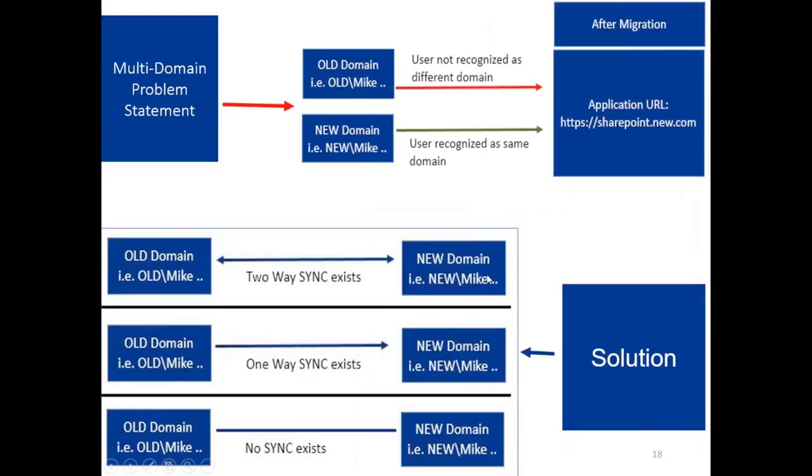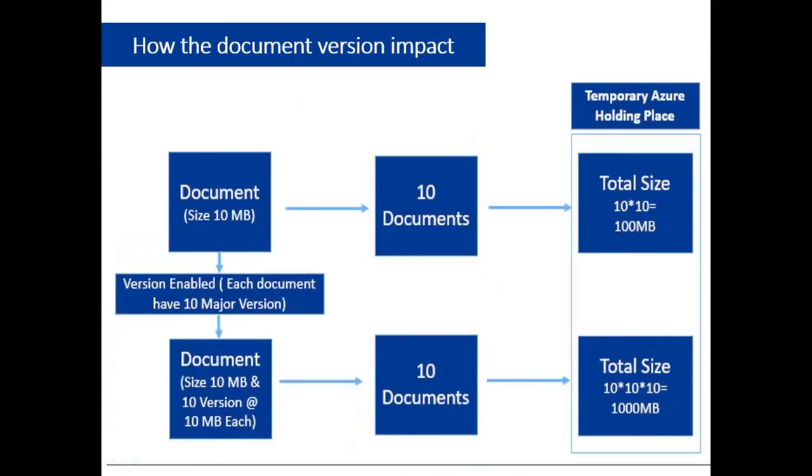Okay, Manoj, just one quick question. On the document version impact which you are explaining, this is applicable only when I'm doing it from on-premises to online, right? When I'm doing on-premises to on-premises, I believe shredded storage would take care of all these things, right? No, again, two things come up from on-premises to on-premises.